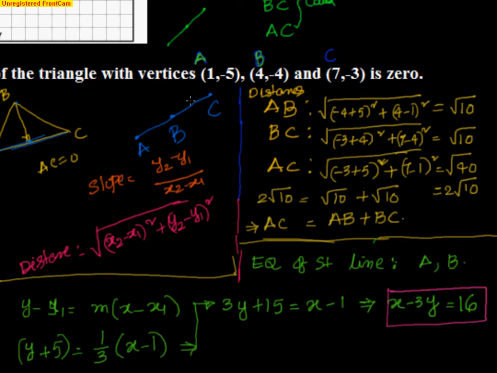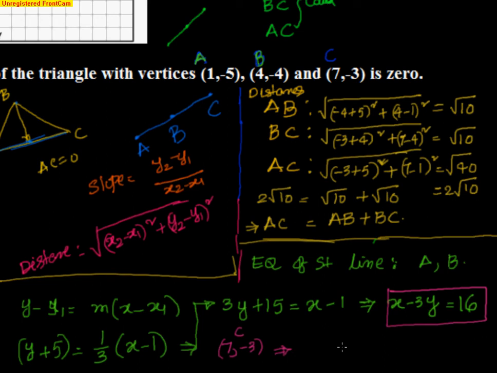Now you want to show any point to lie on this line. What you will do? You will substitute the values of x and y. Now you want to substitute 7 comma minus 3, right? That's C. You want to check now whether the point C lies in the line AB or not. Line AB means you created the AB segment, now you have indefinitely extended it, right? So it's applicable for all the real values, whatever you have, right?